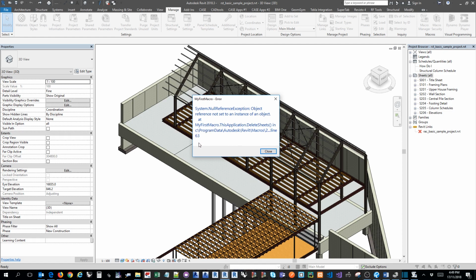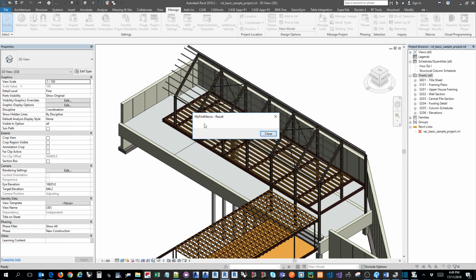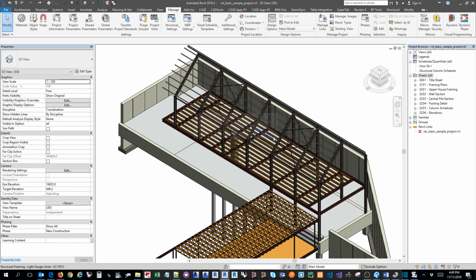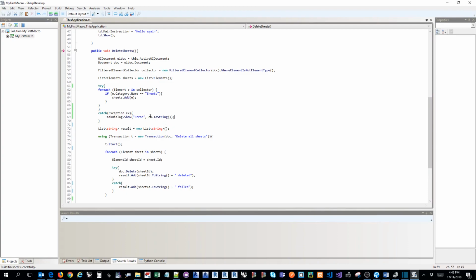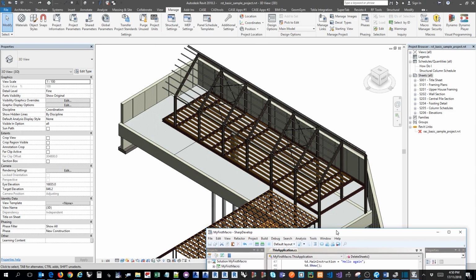Okay, it tells us that the error is in line 63, and it's a little bit nicer than the previous one. And then again, this is the second task dialog, which is trying to give us the content of the result list, which is empty, and this is an empty string. So line 63 is this line, and if we want to get more information, because still it's not immediate to link the error to the fact that the element category did not exist, what we can do is to close